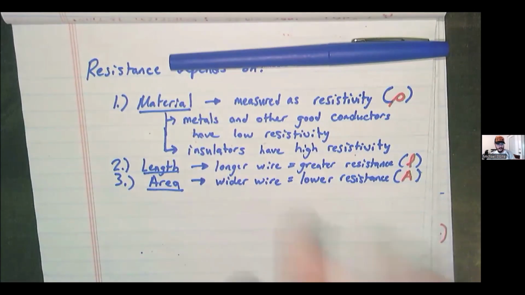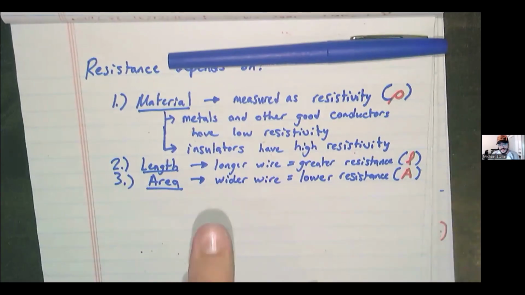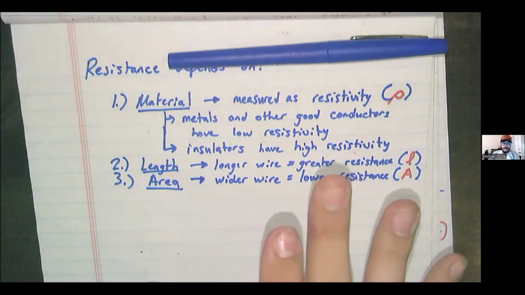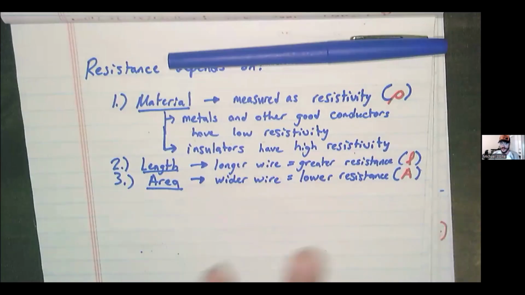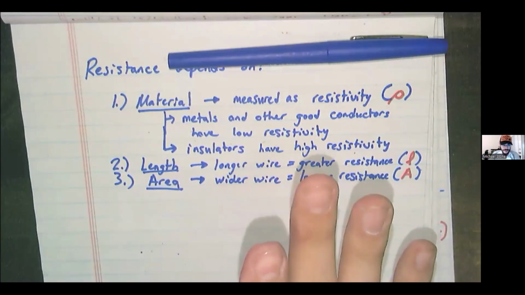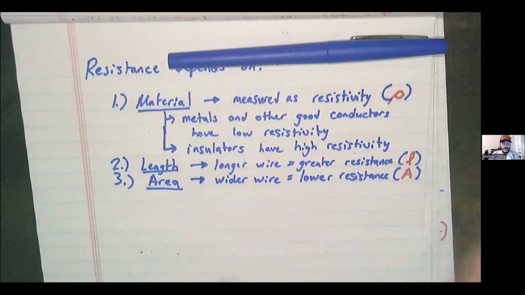By the way, while I'm thinking of resistance, you will sometimes see measurements of ohms on the back of speakers, but they won't call it resistance. If it's listed, they'll call it impedance. This is getting a little heady, but the short version is resistance is what we call it for direct current. Like a battery provides direct current, pushes through in one direction from the positive terminal to the negative terminal if you're using the Ben Franklin conventional current thing, or the electrons are flowing from the negative to the positive if you are a realist. But either way, it's one direction, depending on how you define that direction.